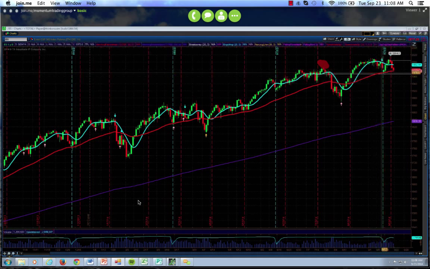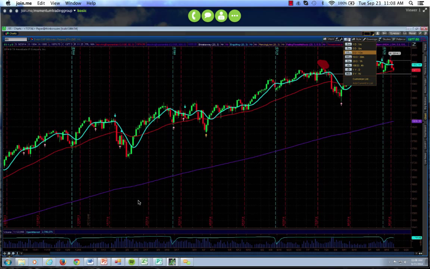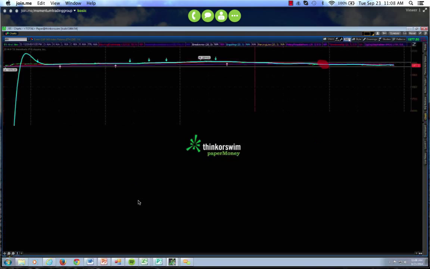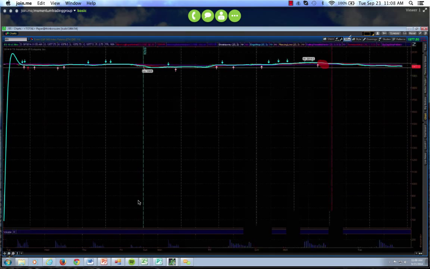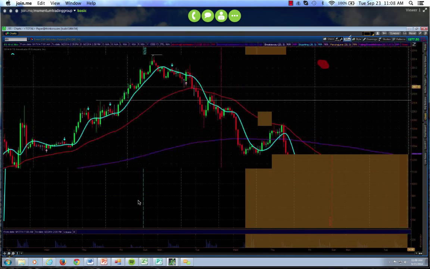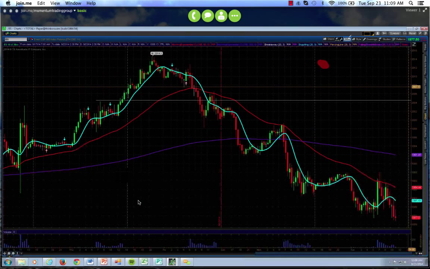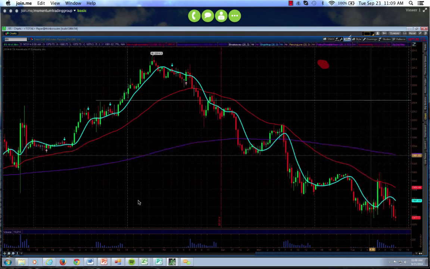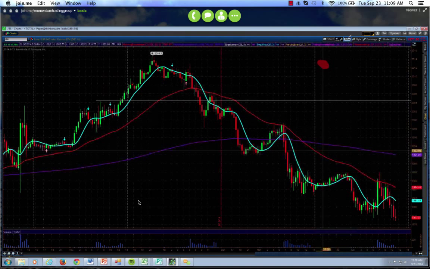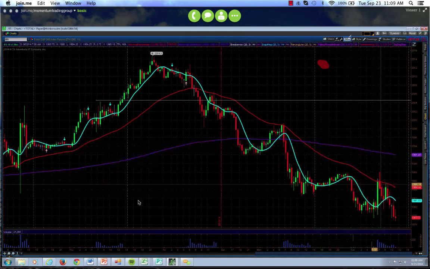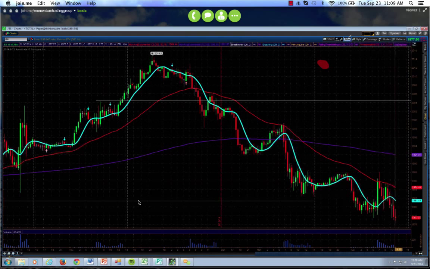Okay, so now we're going to zoom in here and we're going to talk about this on a much closer level. So here we've zoomed in. Now we're looking at a 30-minute chart. Okay, and this is going to give us an idea of our trends again. Now, what we pay attention to here is, on this particular chart, this blue line is going to be equal to,